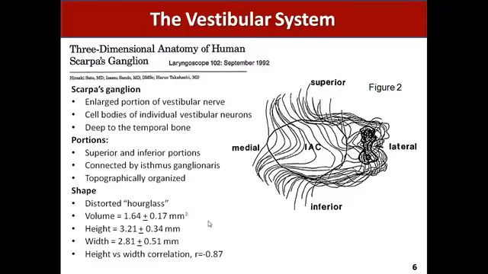And there seems to be a pretty high negative correlation between the height and the width of Scarpa's ganglion. So the larger that height is, the more narrow the measurements for this cluster of neurons is. So the size and shape of the ganglion tends to be consistent through the lifespan,